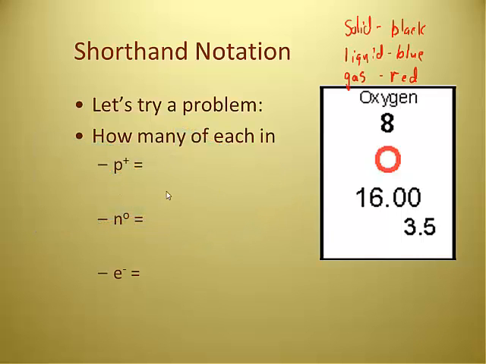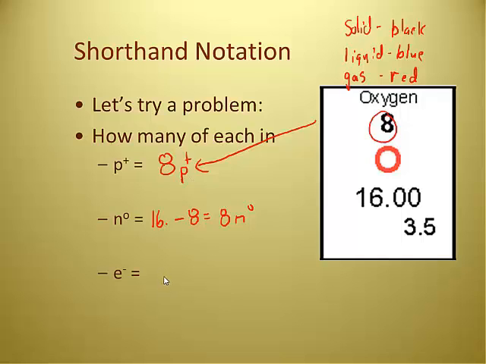So let's go through this real quick. Can you tell me how many protons we got? The number of protons is the atomic number, so that would be the 8. So there are 8 protons. Neutrons: the number of neutrons would be the mass number, or at least the average atomic mass rounded, so it would be 16. 16.00 rounded is 16. 16 minus 8, so there must be 8 neutrons. I should probably put units on these. 8 protons, 8 neutrons, and